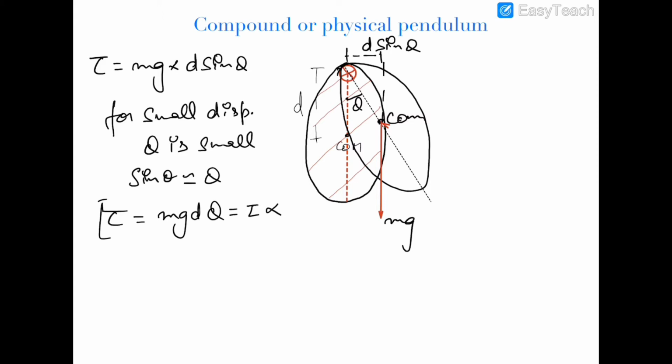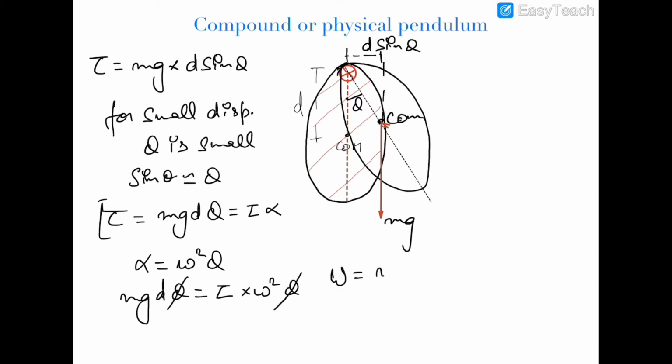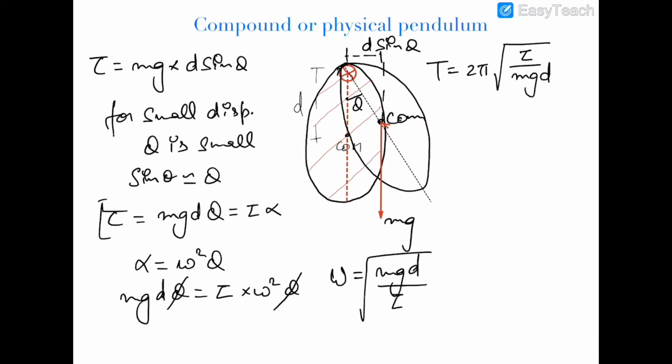We can write alpha as omega square theta. So mg d theta is equal to I about hinge into omega square theta. Cancelling theta with theta, omega will be equal to root of mgd upon I, and the time period will be equal to 2 pi under root of I by mgd, where I is the MOI along the hinge